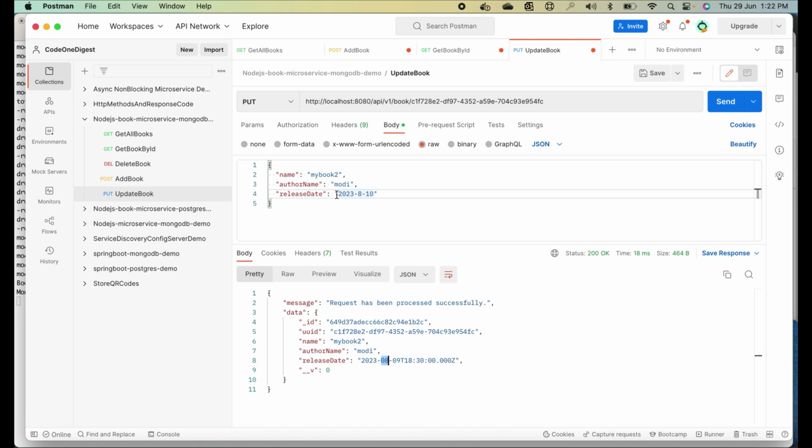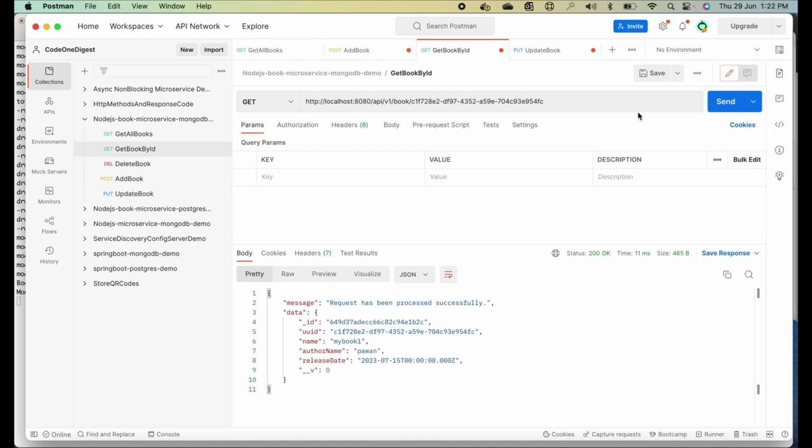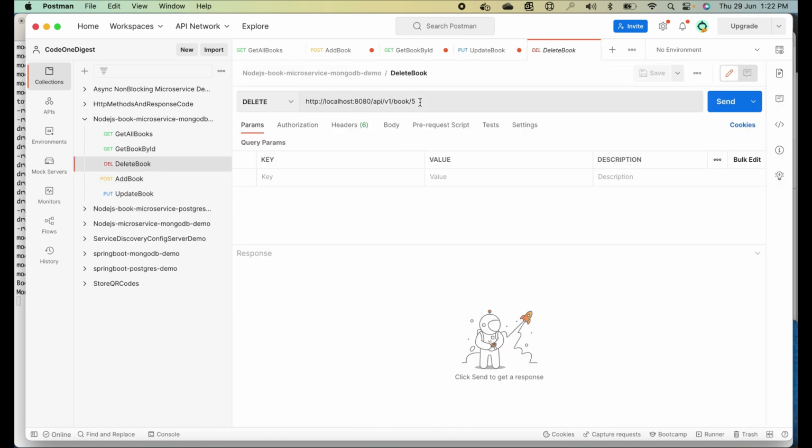Now what I'll do is let us again try to get that book with ID and see if we are getting the changes. Yes, if you see here, I am getting the data with updated information. Next, we'll try to delete this book object in our repository with the